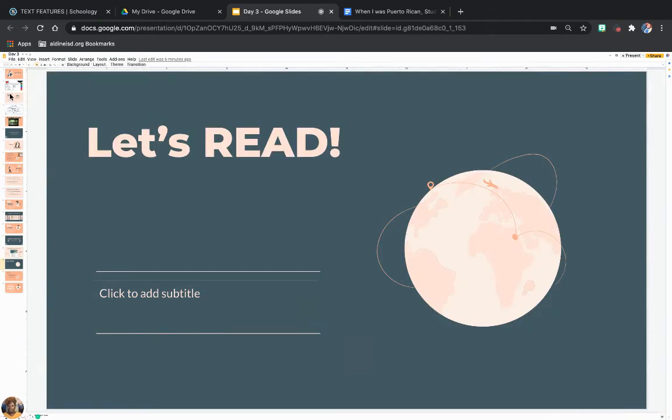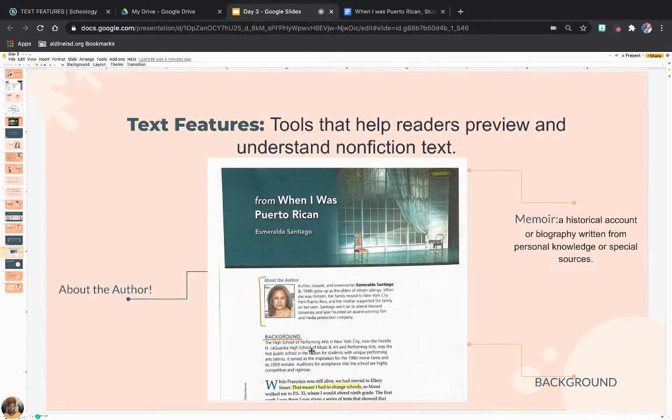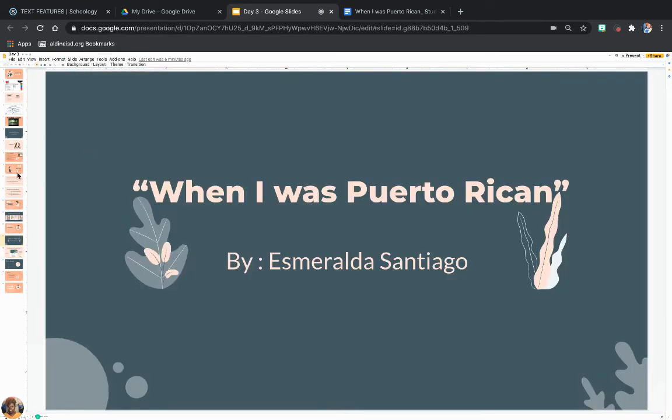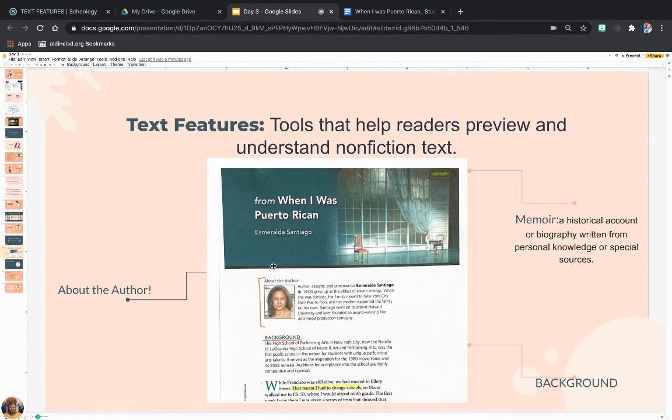And then you have the background information. Okay? The background information is bolded. Most headings that you see, about the author is a heading, background is a heading, and they're also bolded. They are going to be things that are very important to understand. It doesn't want to stay on the page, but they're very important to understand while engaging in this text.